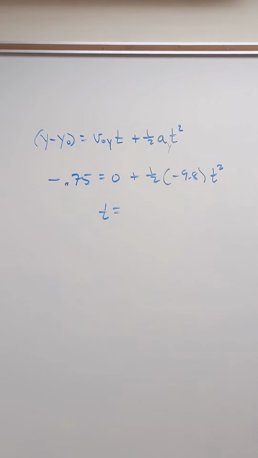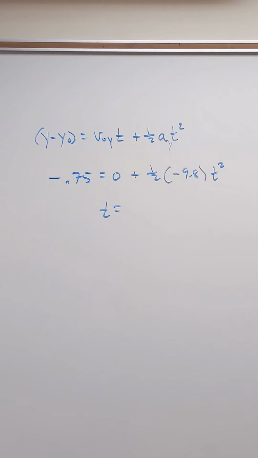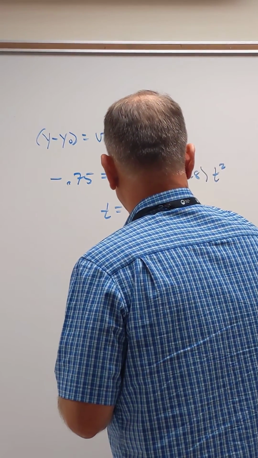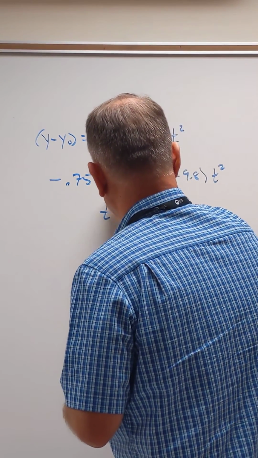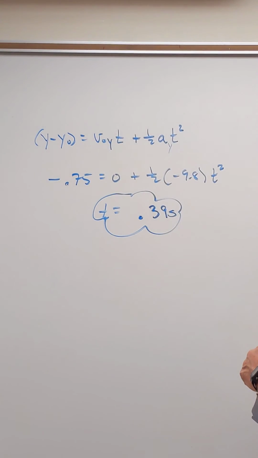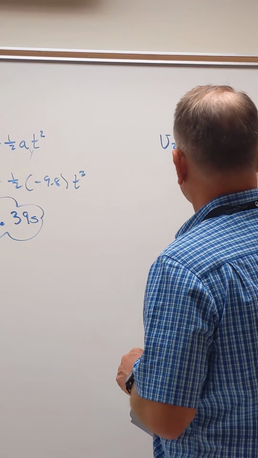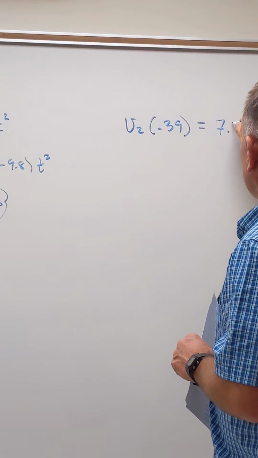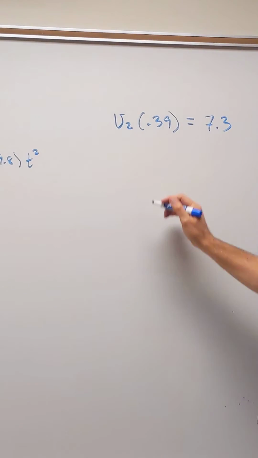Oh, oops. 0.39 seconds? Yeah. So now I can find V2 because V2 times 0.39 equals what? 7.3. So V2 is